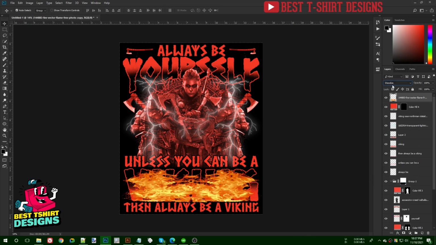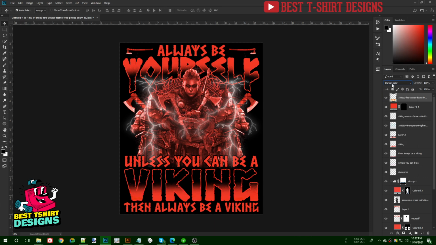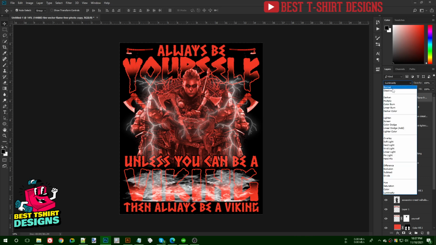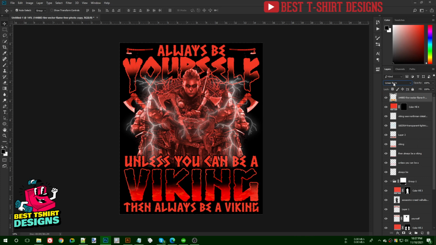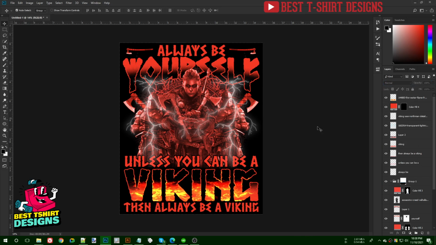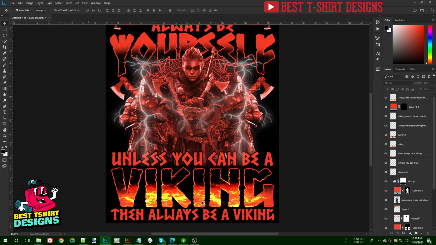And then I want to change their blending mode to something like overlay. Okay, overlay is not working here, so let's see which one works for us. Maybe lighten or screen will work here. You have to play with different options to see which one looks best. Okay, so let's do it one more time. I think this is looking good, this is screen, and then we can reduce the opacity, okay, reducing the opacity is not the option here. Color dodge is looking good. So this is giving it a fiery effect here.